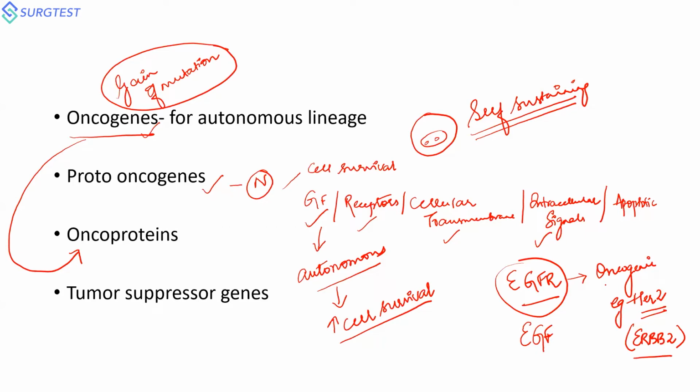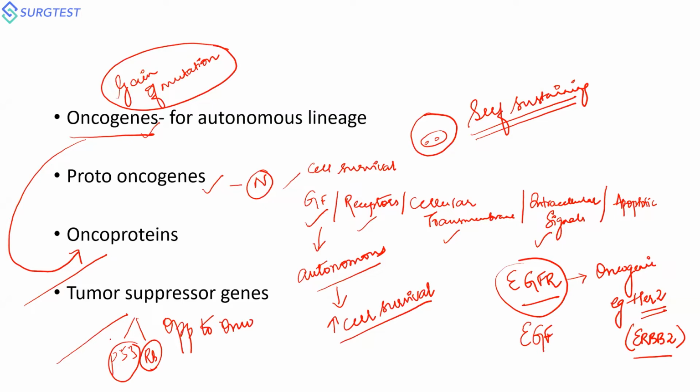So now comes your villain to it. What is your tumor suppressor gene? Your tumor suppressor gene is normally the exact opposite of your oncogene. As the name suggests, an oncogene promotes oncogenesis, and your tumor suppressor gene suppresses oncogenesis. The normal tumor suppressor genes that have been taught during our undergraduation and postgraduation every day are P53 and retinoblastoma. These are implicated in a lot of malignancies, and a lot of MCQs revolve around this.